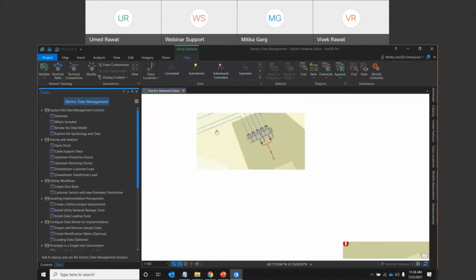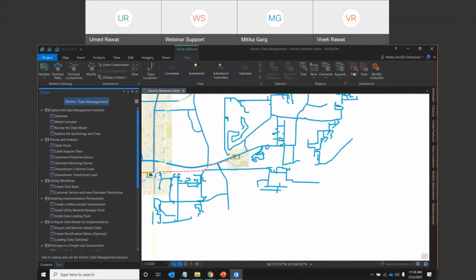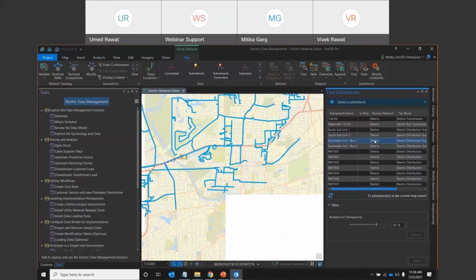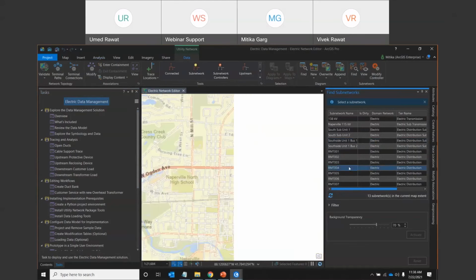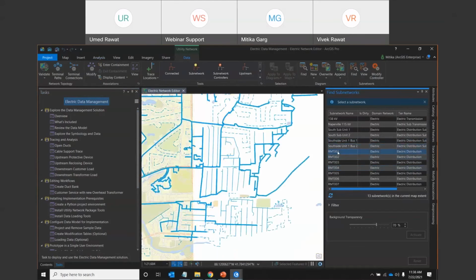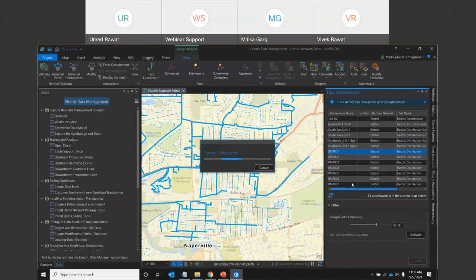It also has the capability of subnetworks, where you can map your data into different kinds of circuits. If I talk about electrical, or about water, you can map different pressure zones, isolation zones, or DMAs. You can configure that also. Let's say if I run any of the circuits, you see these tools are there. You can directly run a trace on the complete circuit from here.